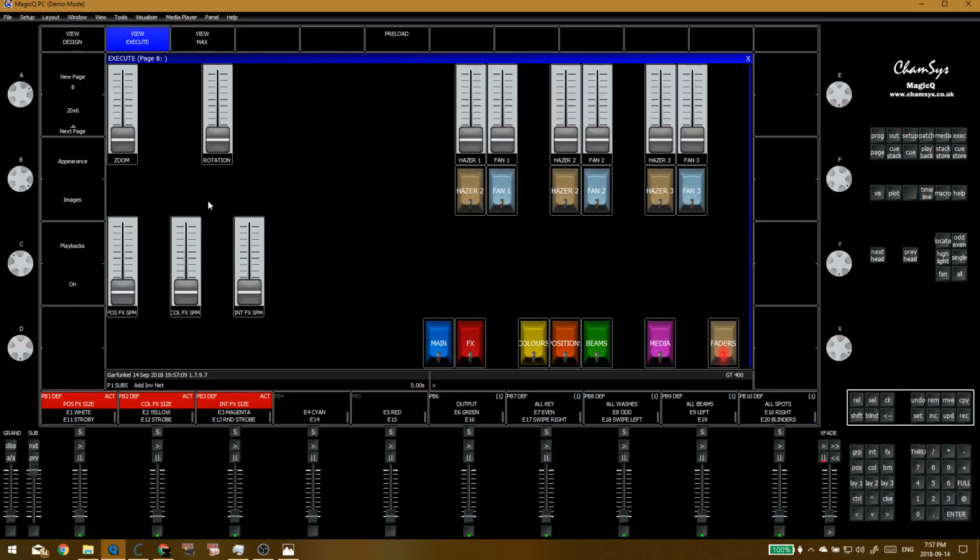But my position effects size, or my position effects speed master, is still on a physical fader. I will never put that on the touchscreen because I need to be able to touch that. I change it so often, and I really like being able to do really, really slow movement effects. So I just set it so that the grandmaster is my position speed master, and it makes it super great